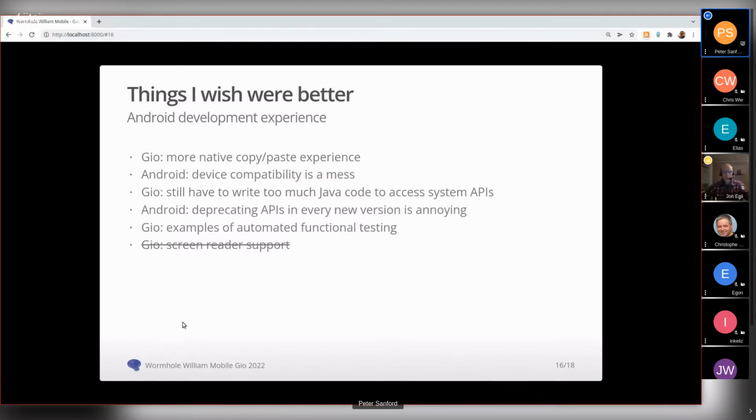On the Gio side, I was able to write the Java code to interact with the system APIs to make things work. But I think that still will be very challenging for lots of people to write non-trivial applications. Having to write Cgo and Java is a lot. Why I want to use Gio is to be able to write everything in Go. So the less Java that people have to write, I think the better overall experience it will be.